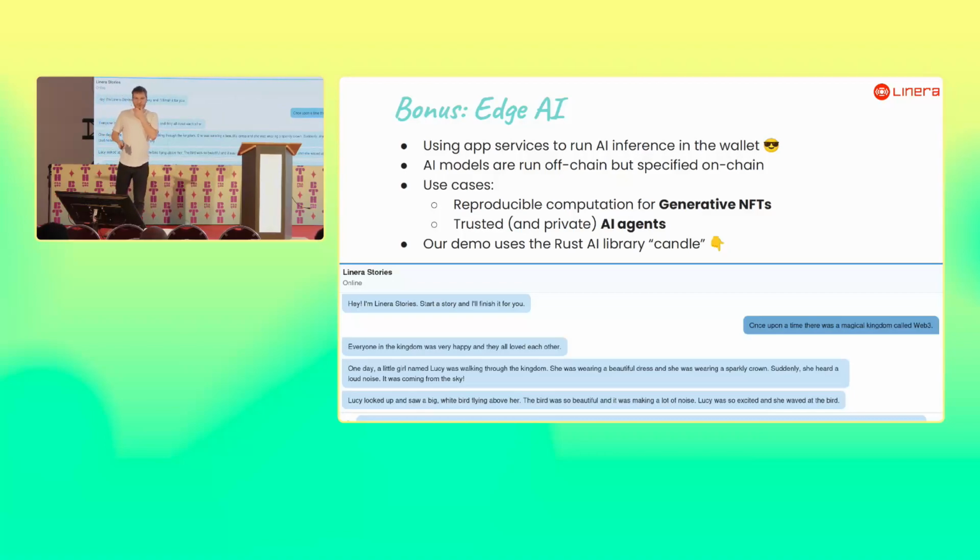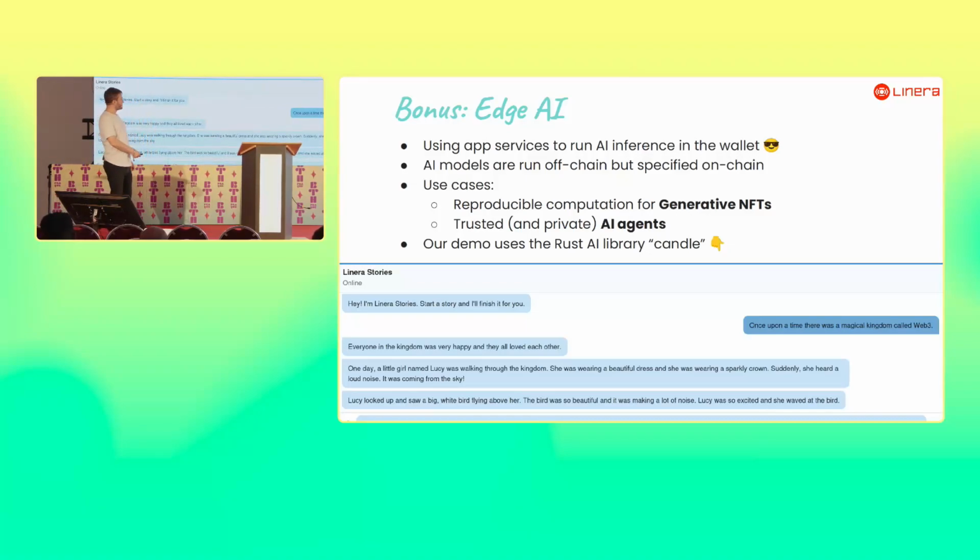In this particular demo that is on screen right now, what we did is, of course, more modest to get started. We did a generative NFT. The idea of a generative NFT is that the content of the NFT is not going to be an image. It's going to be a prompt for an LLM model. And here we're using a demo that we took from a Rust library called Candle, and we packaged it in our own framework for Web3 development.